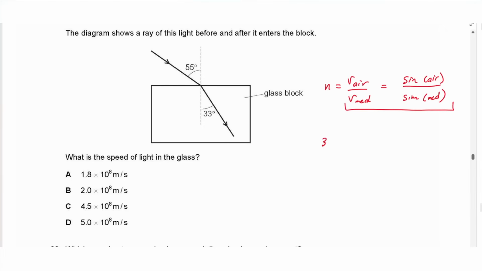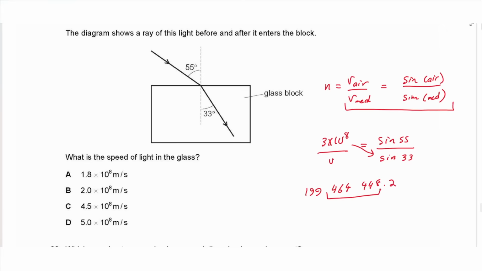So the speed of light in air is 3 times 10 to the power of 8 divided by the unknown speed, which is equal to sine 55 over sine 33. So we multiply 3 times 10 to the power of 8 by sine 33, and then we divide by sine 55. That gives an answer of 199,464,448.2. So this is 1.99 times 10 to the power of 8, or 2 times 10 to the power of 8, so the answer